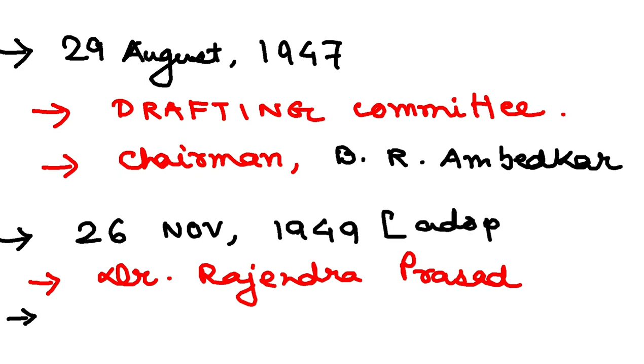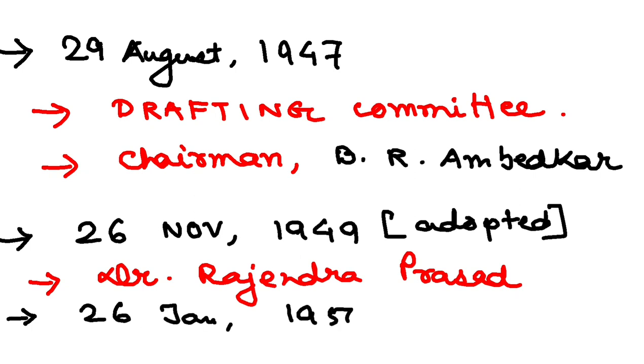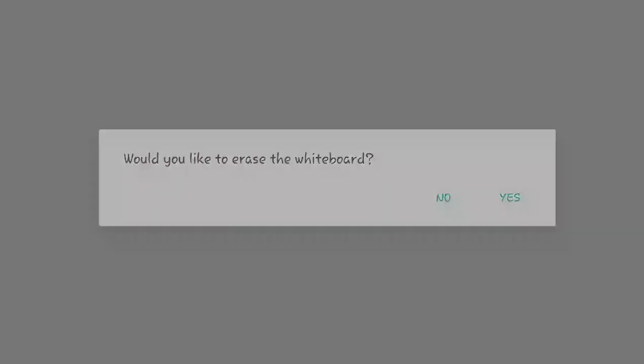Finally, the Constitution was adopted on 26 November 1949. But interestingly, the Constitution of India came into effect from 26 January 1950 only. So there was an implementation gap. Alright, so this point is very crucial. So let me rewrite this again. The Constitution was adopted on 26 November 1949, and it was effective from 26 January 1950,